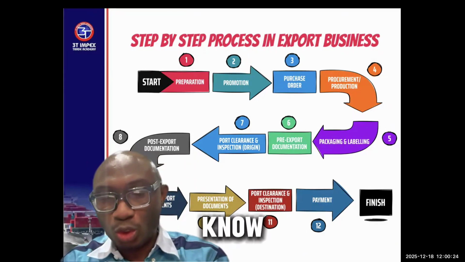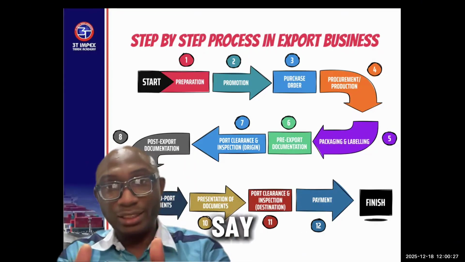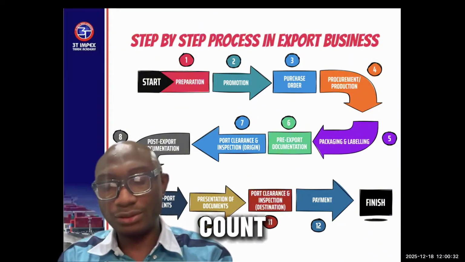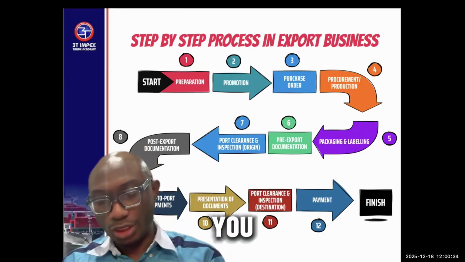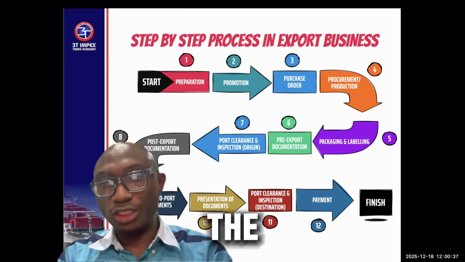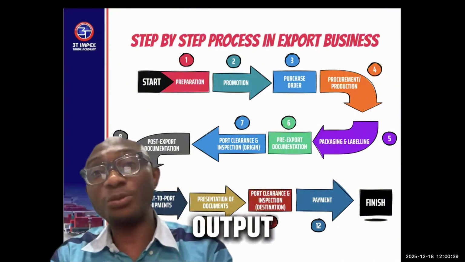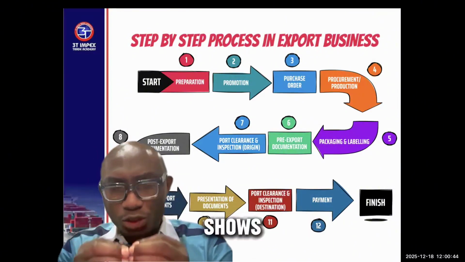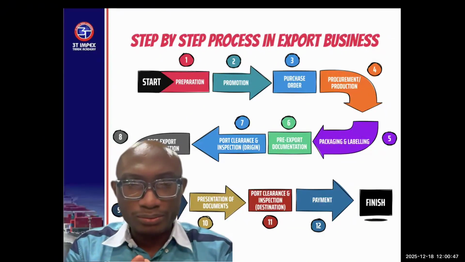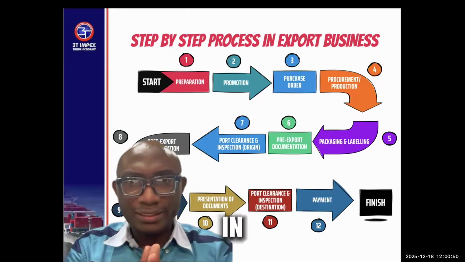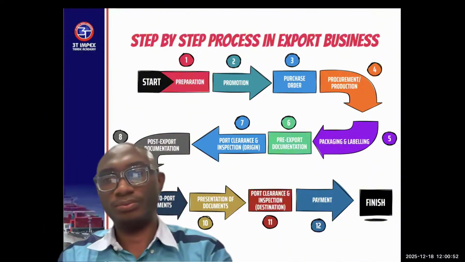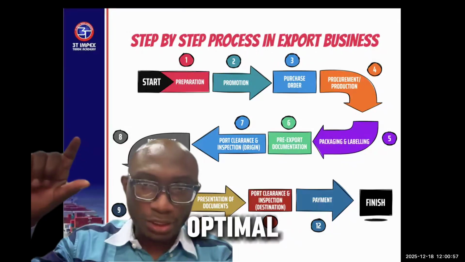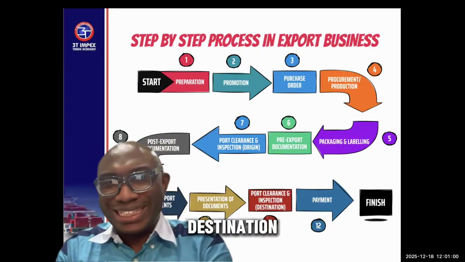Let's say you are doing cashew nut. You need to know the moisture. You need to know the nut count. You need to know the floating rate. You need to know the admixture. You need to know the kernel output ratio. You need to know the quality specification that shows that this product is in optimal condition and that it will get to destination